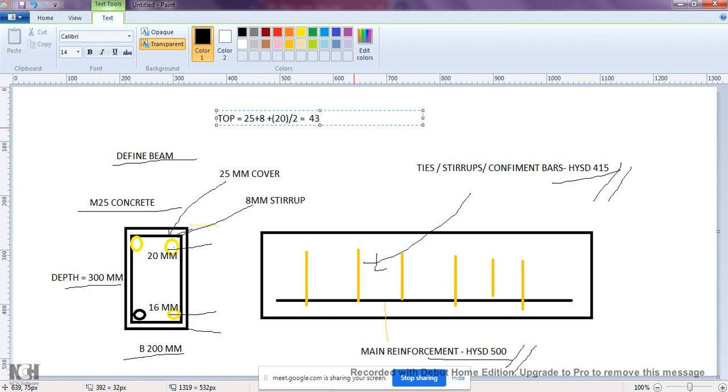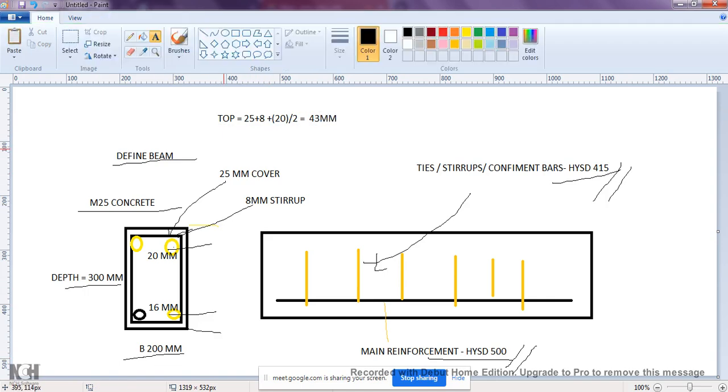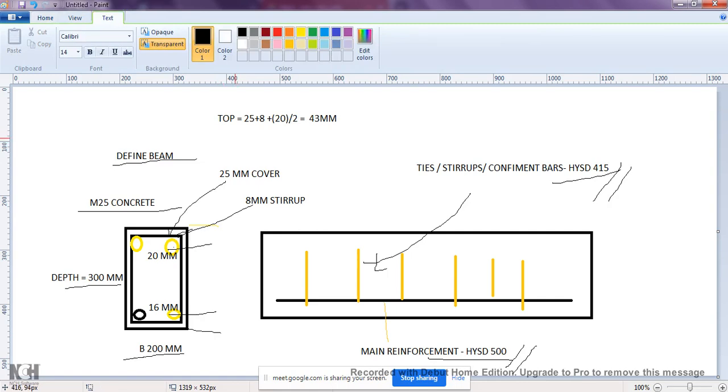Similarly, for the bottom it is the same thing, but the diameter is 16. So for the bottom there is a 25 mm cover again, a stirrup of 8 mm diameter, plus a 16 mm bar, 16 divided by 2, so it will become 41.